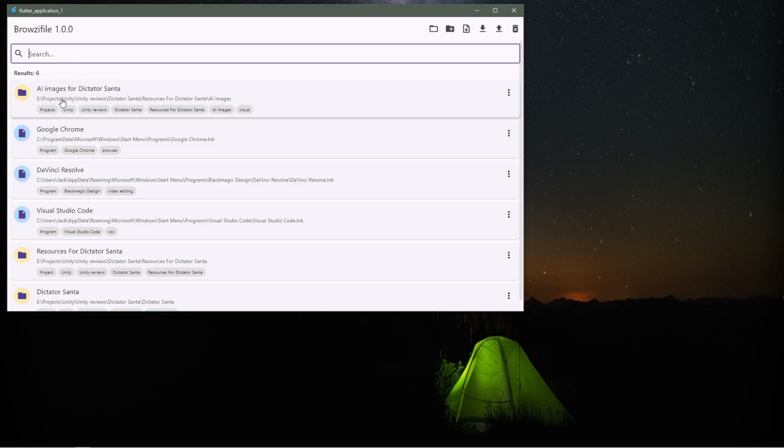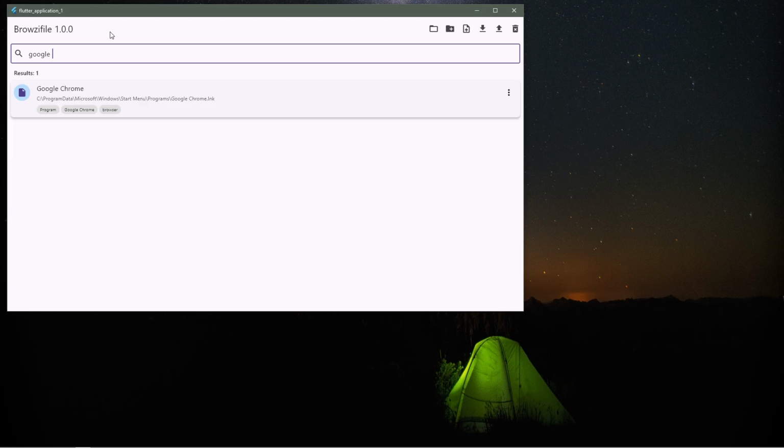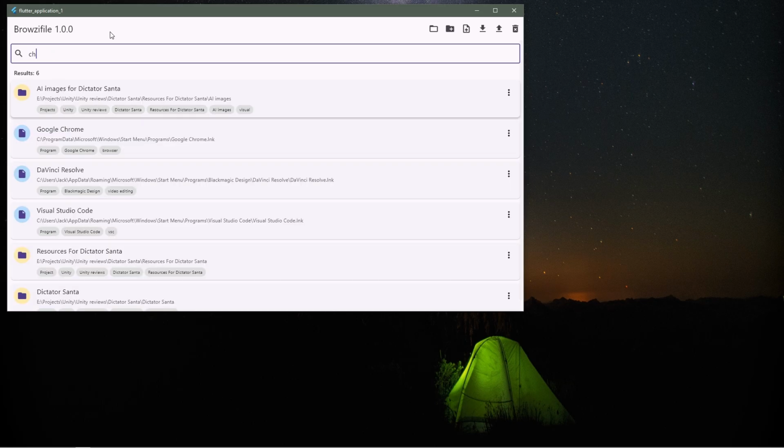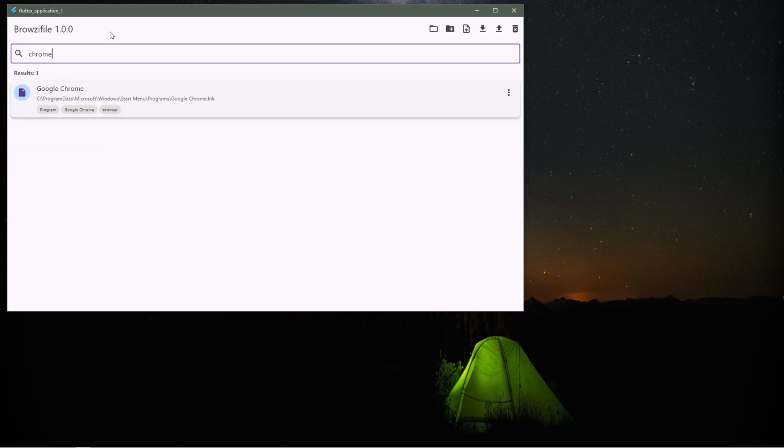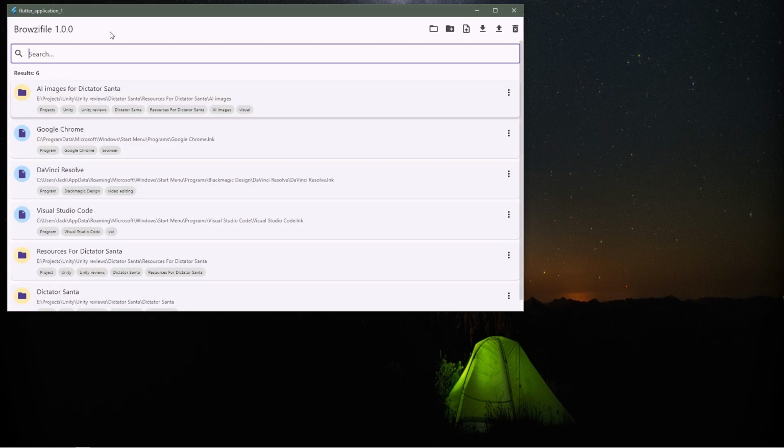First of all, in this program you can see some results. We can see your files on PC, and here is the input field where you can just input, just like in a browser, what you are searching, so which file we want to find. Let me show you an easy example. I'm looking for Google Chrome, so just like in a normal searcher, I'm putting Google and I can already see Chrome. It is the same if I write Chrome, but let me show you